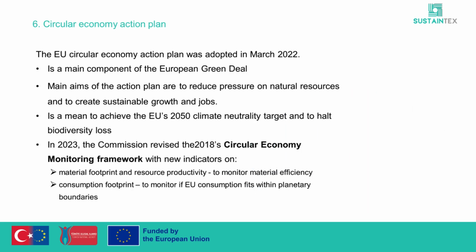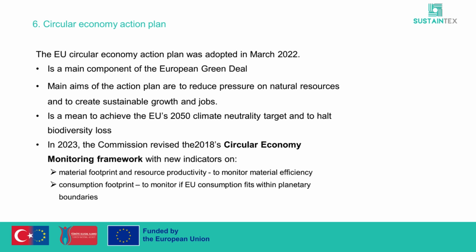Circular Economy Action Plan. The EU Circular Economy Action Plan, which was adopted in March 2022, is the main component of the European Green Deal. It aims to reduce pressure on natural resources and to create sustainable growth and jobs. It is also a means to achieve the EU's 2050 climate neutrality target and to halt biodiversity loss. In 2023, the Commission revised the 2018 Circular Economy Monitoring Framework with new indicators on material footprint and resource productivity as a way to monitor material efficiency, and on consumption footprint as a way to monitor if EU consumption fits